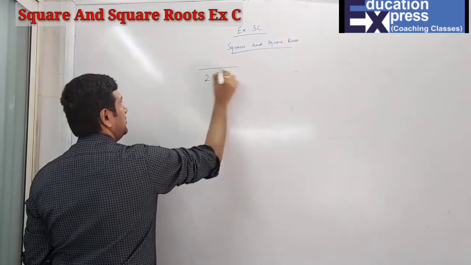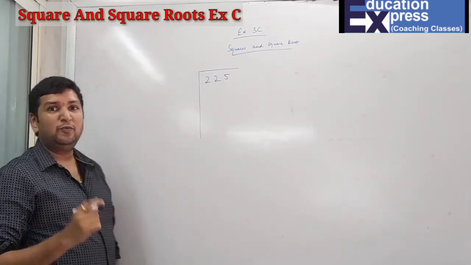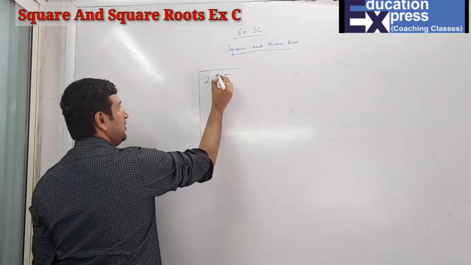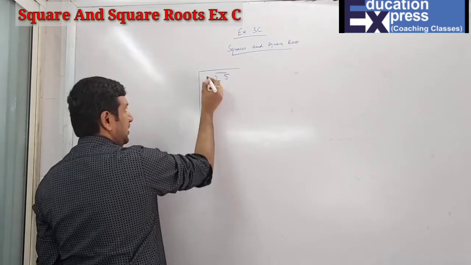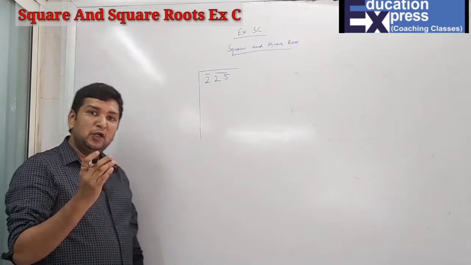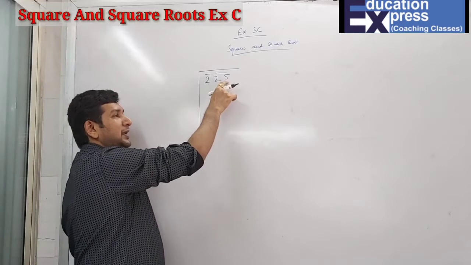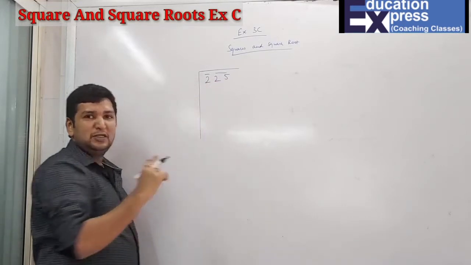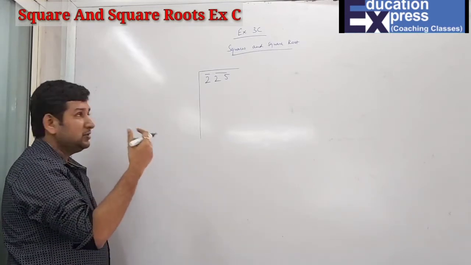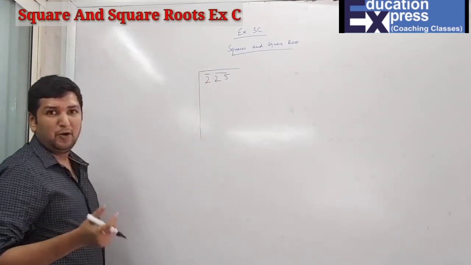Now when you are doing the division method, students, we have to start from the end, from the last, and we have to make pairs. A pair is always of two numbers. So when I start making a pair, this is one pair. The single number is at the end, whatever is left, you take that only. First, you divide into pairs, starting from the end, taking two numbers at a time. If one number is left, then a pair is not possible. So from the end you take one pair, and here you take a single number because a pair is not possible.